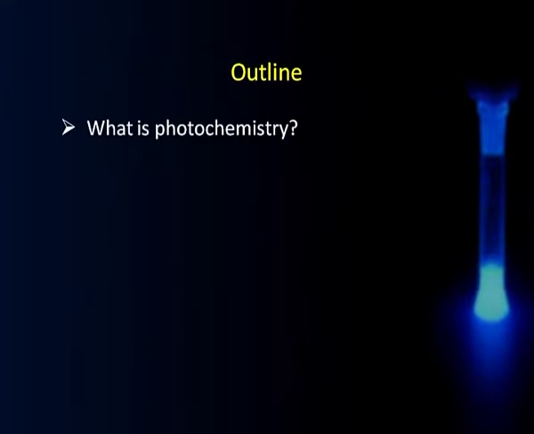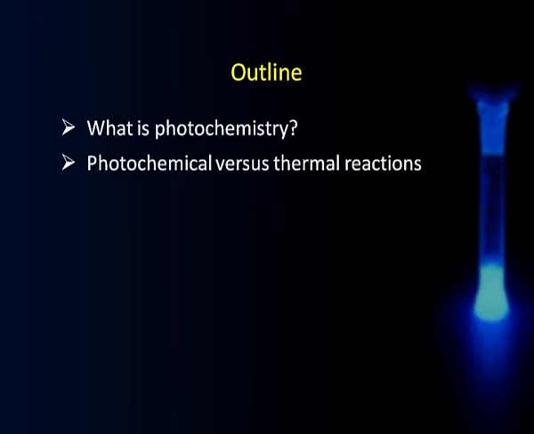Today we will be starting with a new unit, Unit 3, which is titled Photochemistry. The session is planned as follows. To begin with, we will see what we mean by photochemistry. Thereafter we will try to differentiate between photochemical and thermochemical or thermal reactions. Thereafter we will talk about the laws of photochemistry, which are very crucial to understand photochemistry and very pertinent in its context.